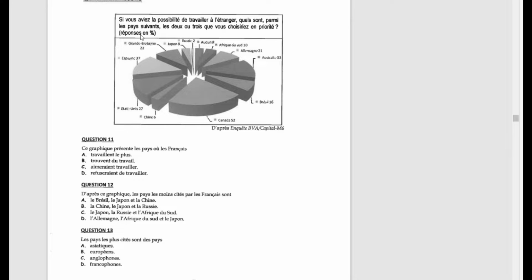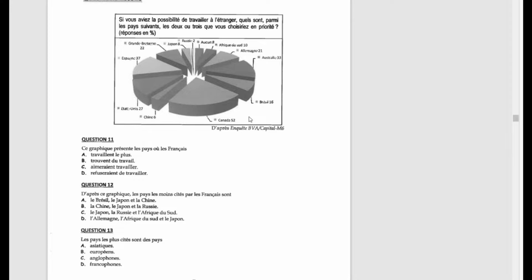Let me read the question quickly. Si vous aviez la possibilité de travailler à l'étranger, quels sont parmi les pays suivants les deux ou trois que vous choisiriez en priorité? So maybe this is a survey which asked people from different countries that if you had the possibility to work abroad, which among the following two or three countries would you choose as a priority? So according to the result of the survey,